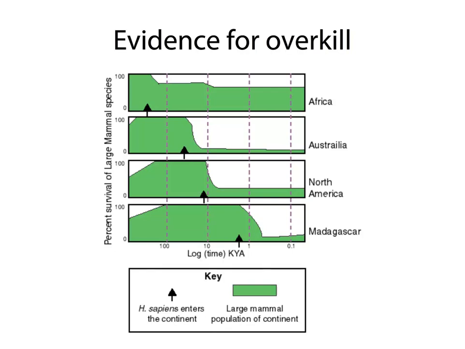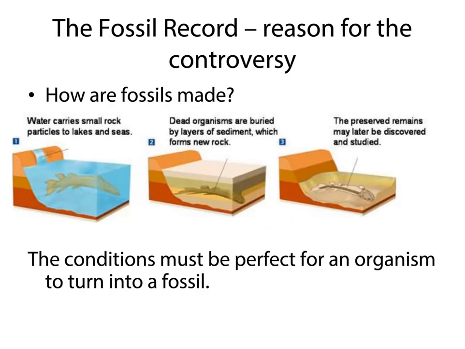Okay, so let's talk about some issues in the fossil record which directly tie to this, on why we're still trying to figure out exactly what happened. You might be asking, why isn't the fossil record perfect? And I would say, aha, that is an excellent question. But before we can address that, we need to discuss how fossils are made. We're going to go through an example of how a fish fossil could be formed.